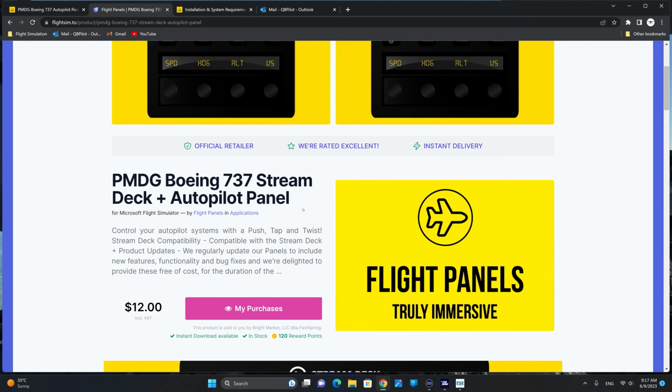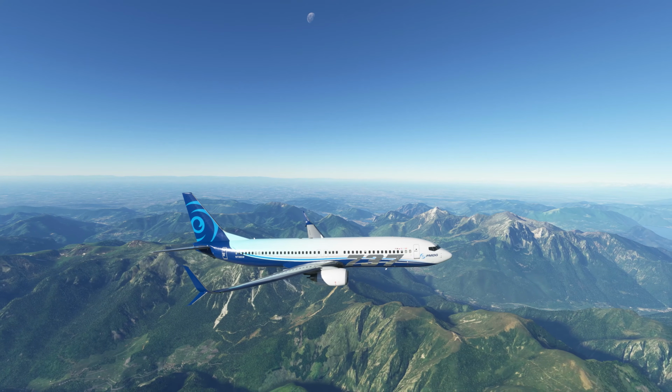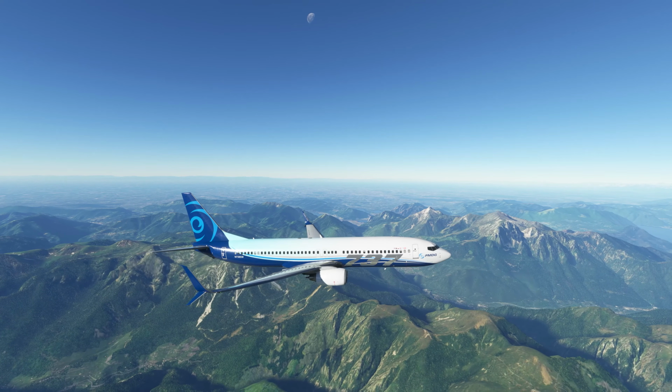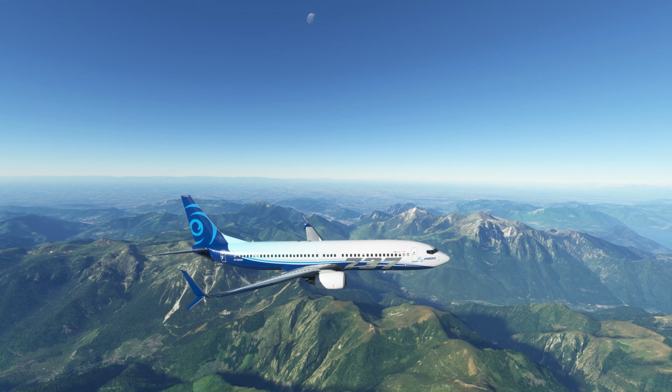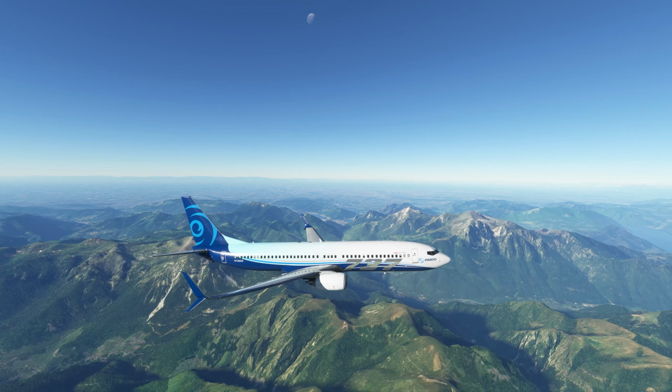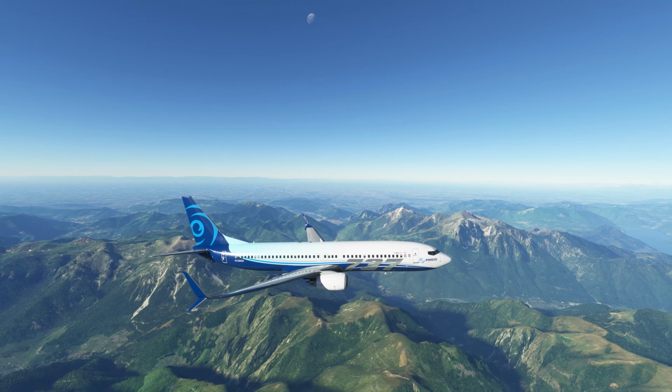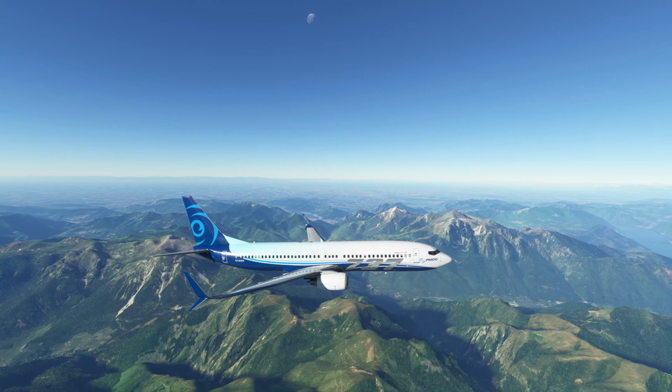As indicated earlier, I have opted for the Autopilot panel for the purpose of this review. This particular panel is going to set you back $12. The question is, on the price point, is this investment worth it? Now, in terms of the $12 for the actual flight panel, I believe that the price is justified for what